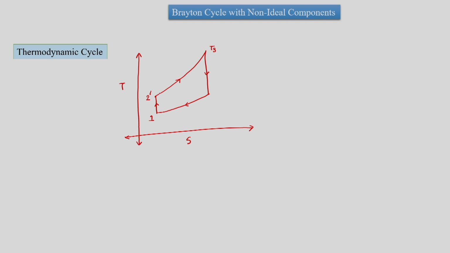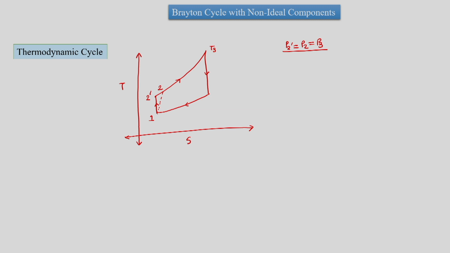compression. But in reality the process is not isentropic, so the process will follow such that entropy will increase, and we will basically come along the same pressure, which is P2 dash equal to P2 equal to P3. So the pressures are the same. However, we will come to a higher temperature and higher entropy point, which is 2.